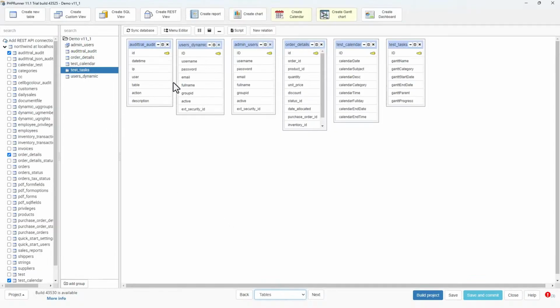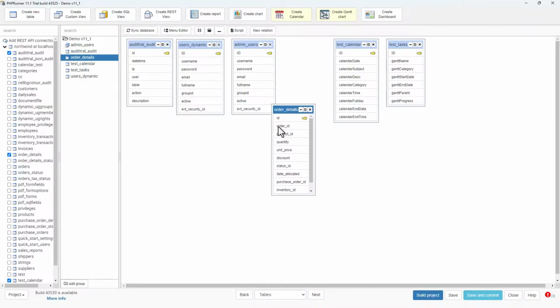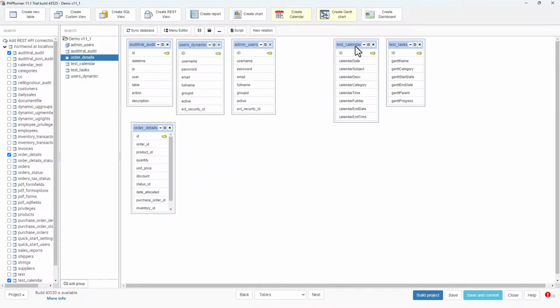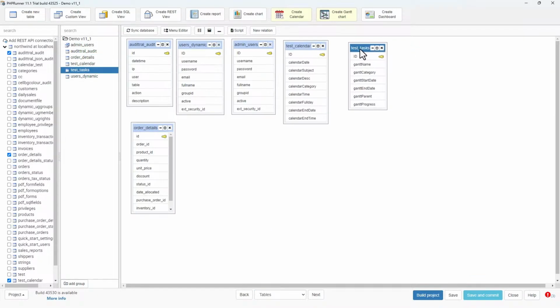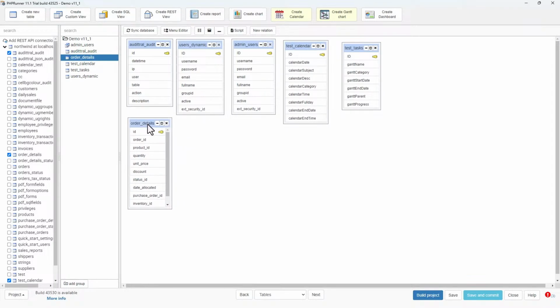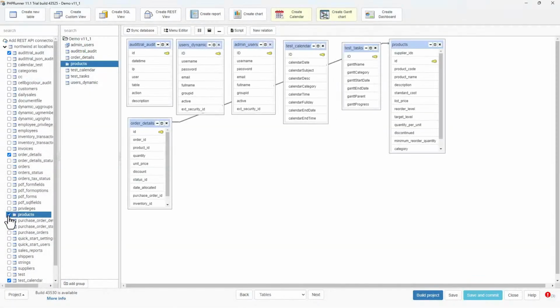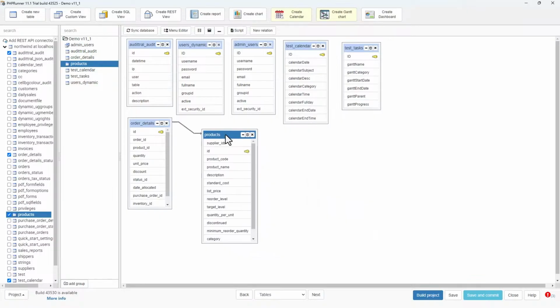Order details, I'm just going to bring the table out so I can work with it better. Do you see the product ID? It only shows the ID, so there should be a table here called products. Here it is. If I bring this table into the project, it's now going to link the table.